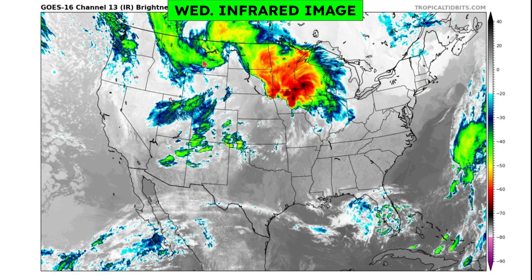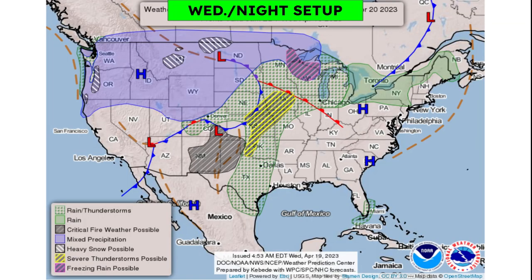We also have the wraparound snowfall and mixed precipitation back off into the west. Here's a look at your setup for today. That yellow zone is going to be where there's a level 2 severe weather threat today, so from central Iowa stretching back into the plains. We'll talk about that in a minute, but you can see the cold front goes all the way down to the Mexico border, all the way up and around the northern tier, quite frank with you. You can see a little bit of light rain working its way through portions of New